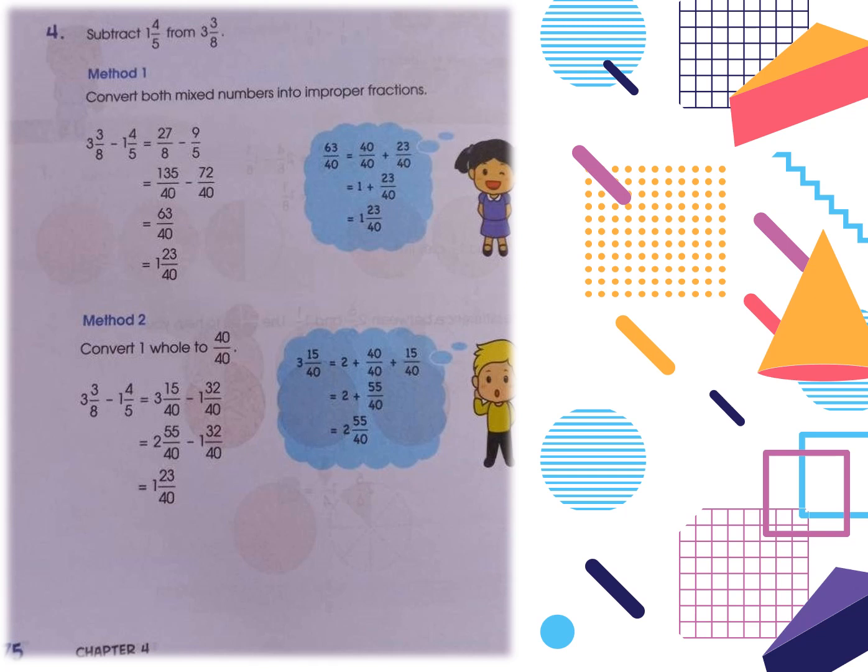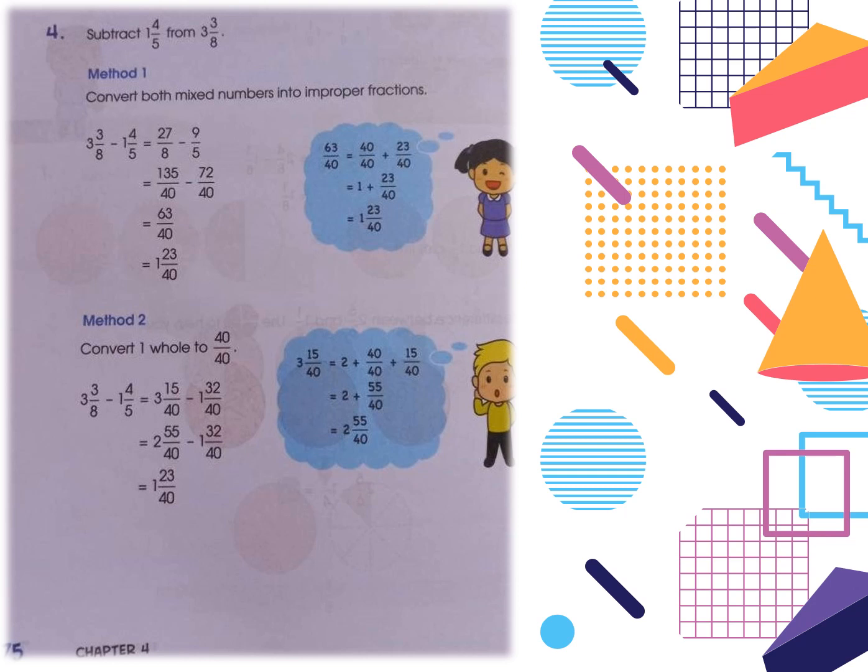Now we are going to convert 1 whole into 40 over 40. So 3 can be reduced to 2 because 1 whole is now going to convert into 40 over 40. So we have 2 plus 40 over 40 plus 15 over 40. Now 2 whole comes as it is, and 40 over 40 plus 15 over 40 becomes 55 over 40. So now we have 2 whole number